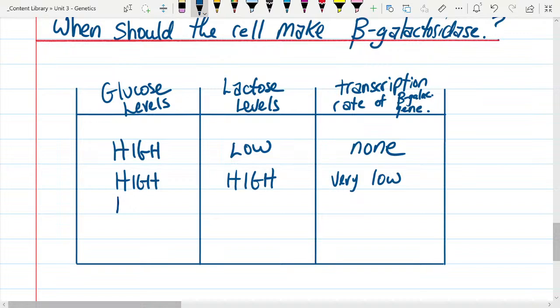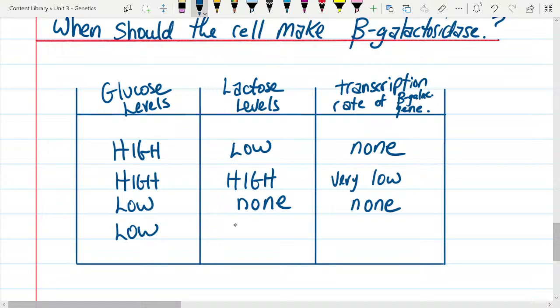What if we have very low glucose, but we have no lactose available? Do we want to be making beta-galactosidase? Is that a good use of the cell's energy? No, because what does beta-galactosidase break down? Lactose. And if we have no lactose, is there any point in making this? No. So what will be made? None. So the only condition in which we actually want to make this is if we have low levels of